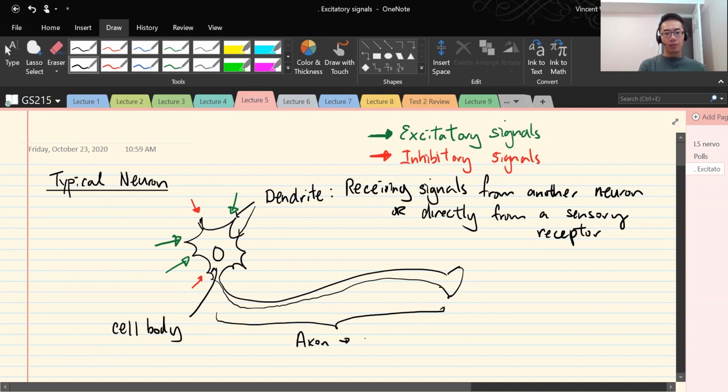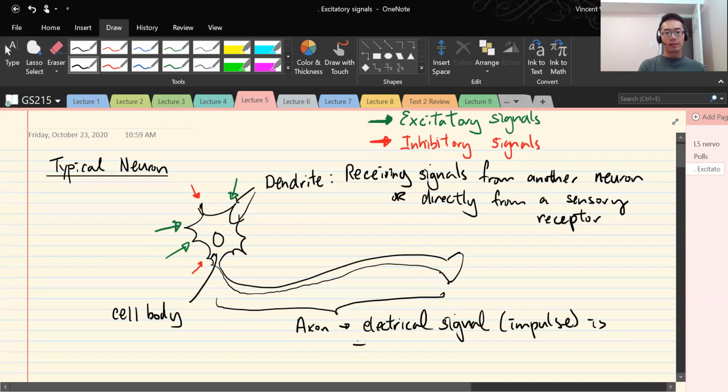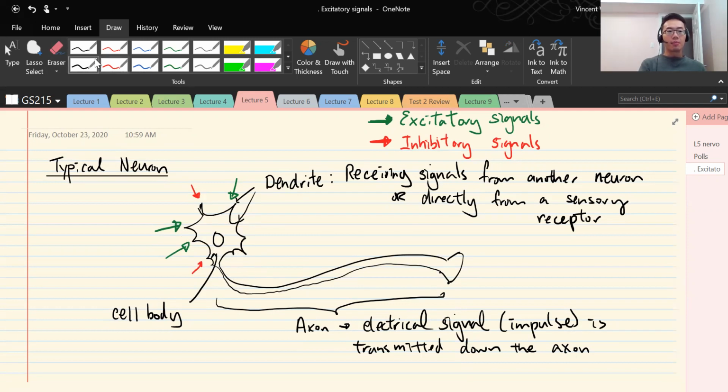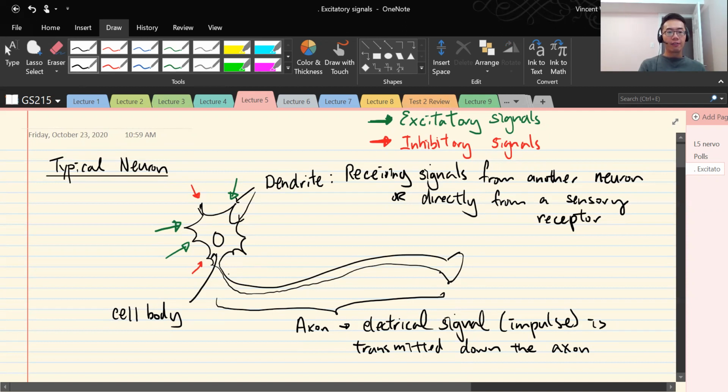So an electrical signal, which is called an impulse, is transmitted down the axon. Okay. That only happens if there are more green signals than red signals, right? So sometimes neurons will have